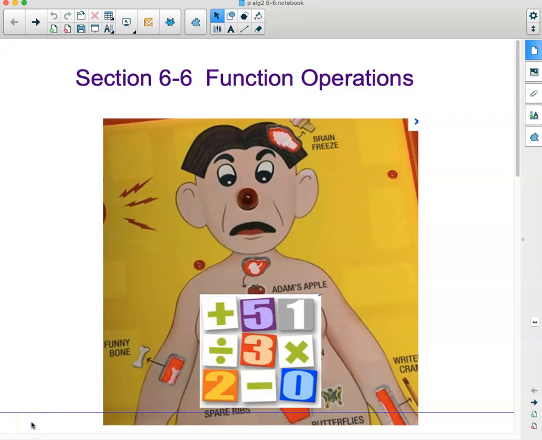And section 6.6 is about function operations. And this is one of those